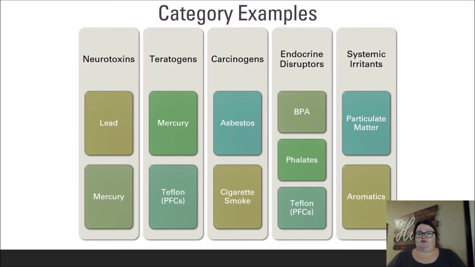Here, you see some examples of pollutants and toxins as they fall into a variety of categories. It is important to note that a compound can have multiple effects or fall into multiple categories of toxicity. Mercury, for example, is a neurotoxin, teratogen, and can be an endocrine disruptor if it goes through the appropriate metabolic changes. An additional thing to note is that many of these compounds are ones that we come into contact with every day: pipes, paint, thermometers, nonstick pans, insulation.